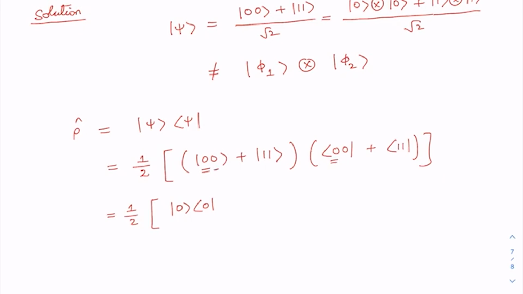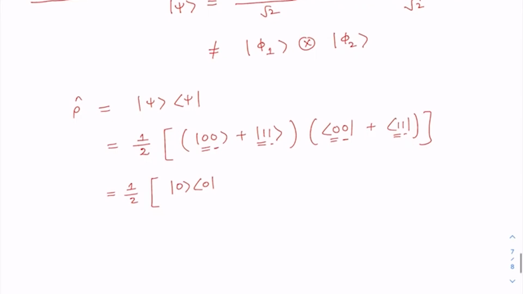Similarly, this one I will have with this one, and this one with this one, and similarly the other terms. In total I will get 4 terms. So let me write all the terms here. This would be |00⟩ plus |01⟩ direct product |01⟩, and you will have |1